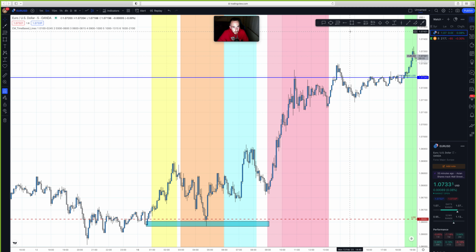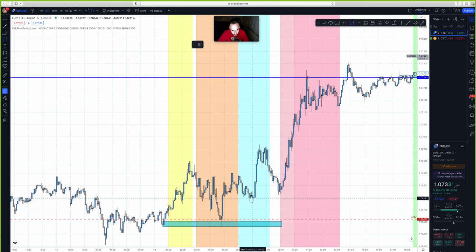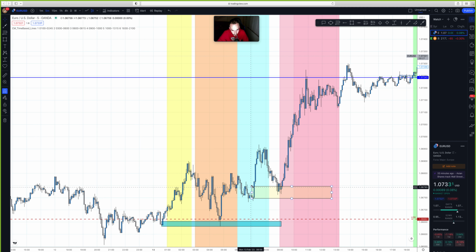But what did happen was price pulled back to this demand zone right here on M5, and this is where the movement came in from this morning. I just want to point this out for you guys. This is why it's more important to break down the trades, because it's important to go over winning trades, but it's important to go over losing trades as well.